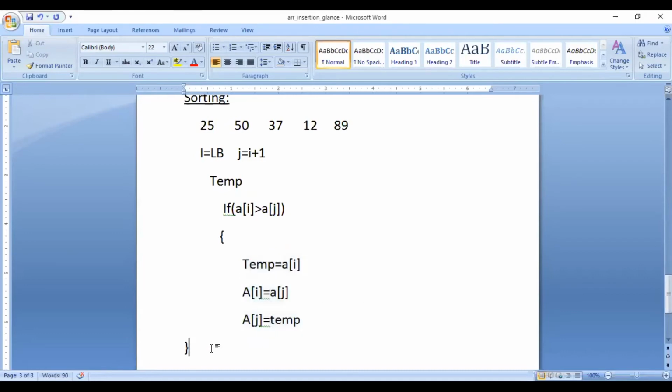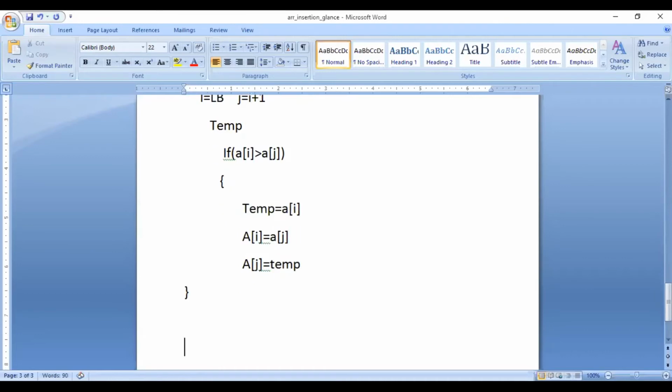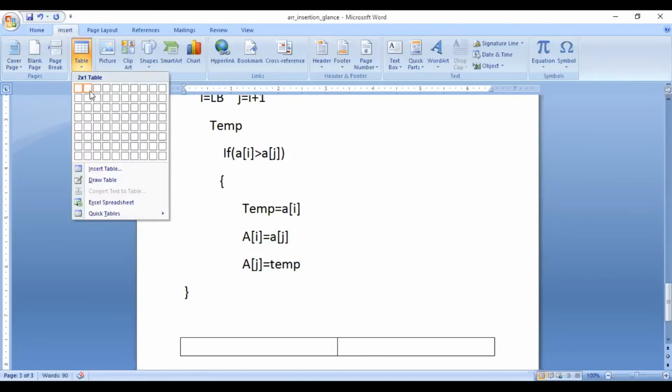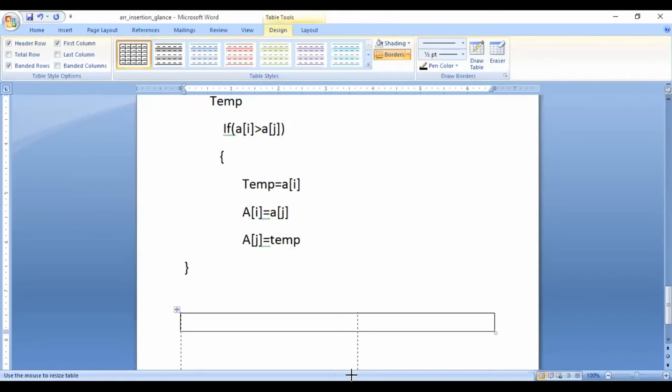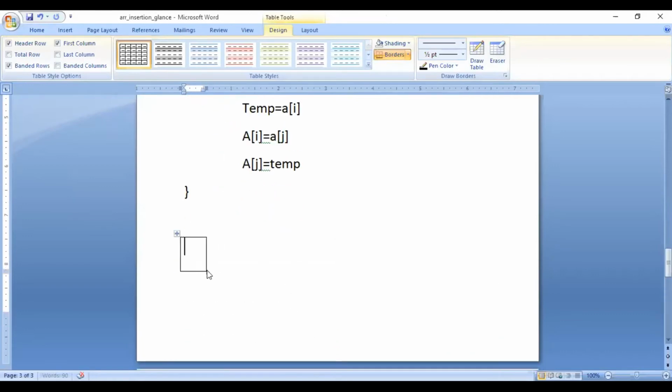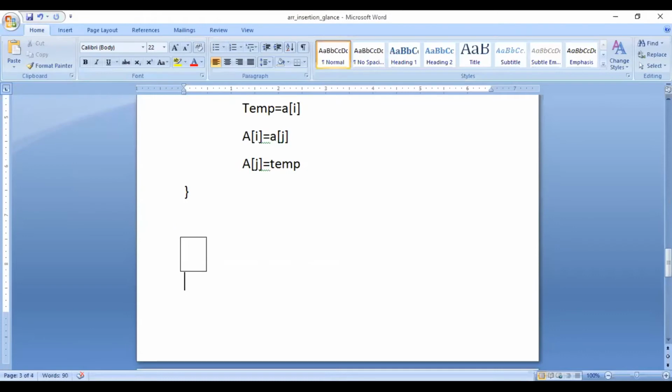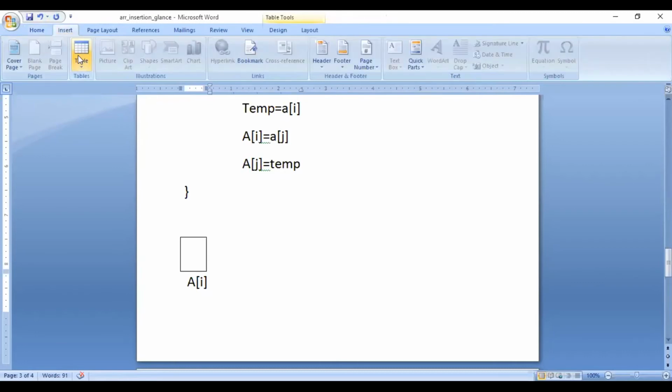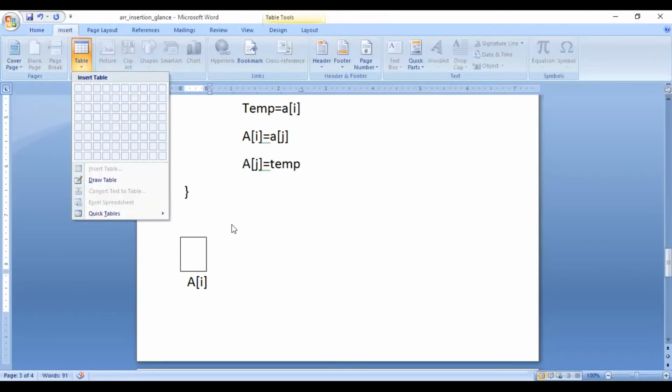If you have any doubt in the swapping process, then see here again how it works. We have one location, known as a of i. Again we have a second location that will be known as a of j.